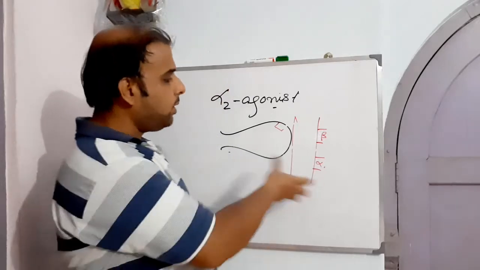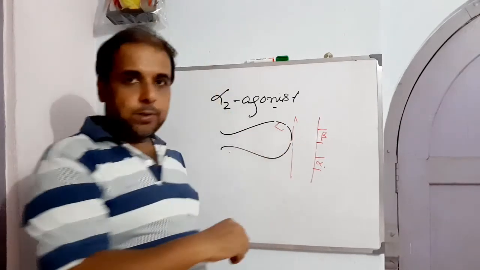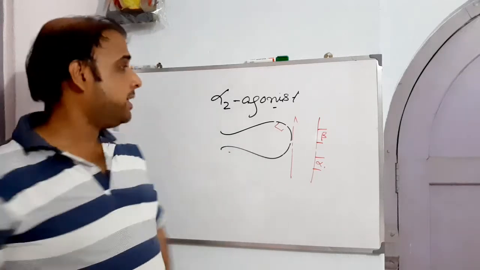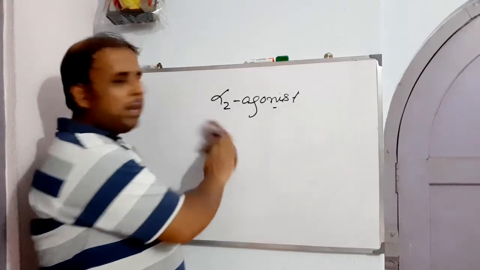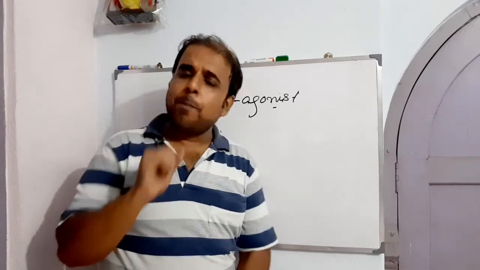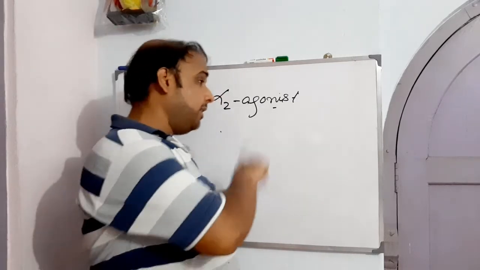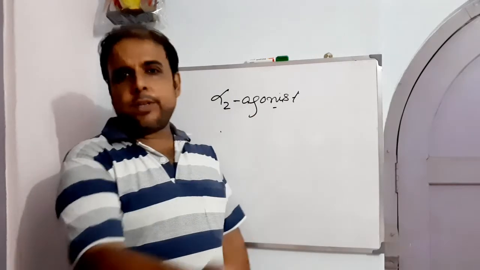So we need to control the release of amines, and thereby we need to stimulate the alpha 2 receptor. We have ample examples here, but in your syllabus we are done with alpha methyl dopa, another example of a centrally acting alpha 2 agonist, which can be given to a patient who is suffering from